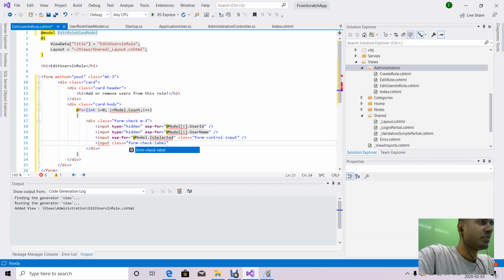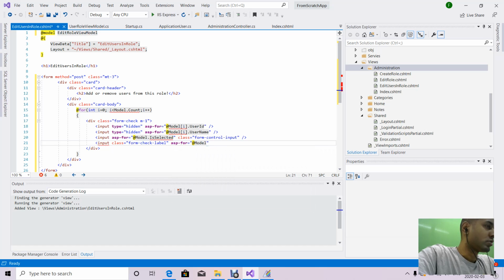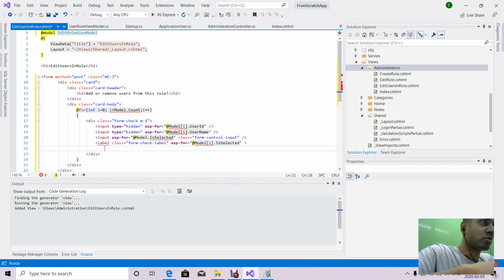So this input will be associated with the select box above. SP4, this is a label. Label. And the name of the label is going to be